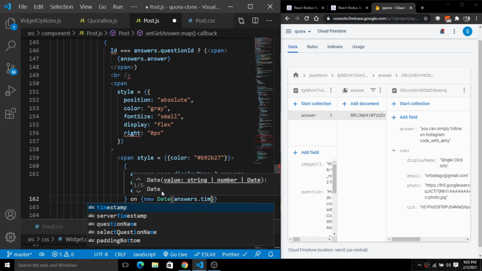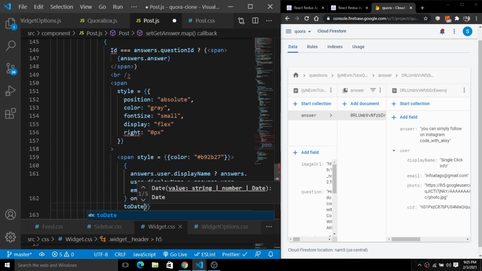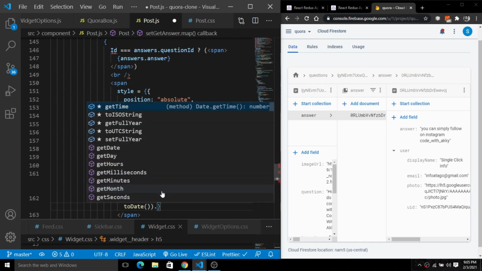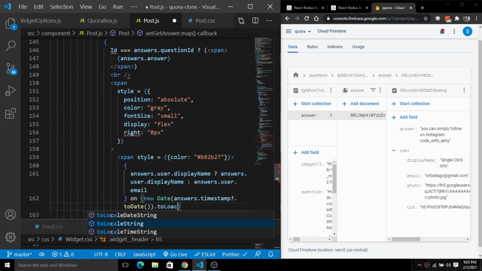So we have this answer.timestamp, and for this timestamp we will simply change it to a date, and we will simply add the function toLocaleString. So this is the function here. Fine, so we are done with this.